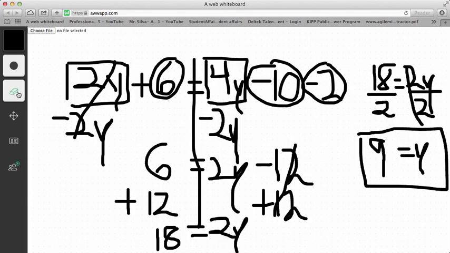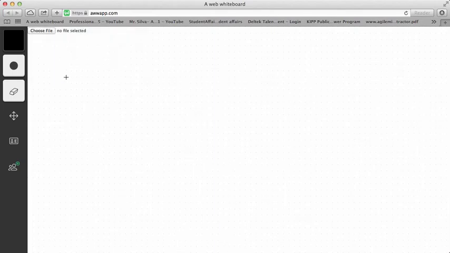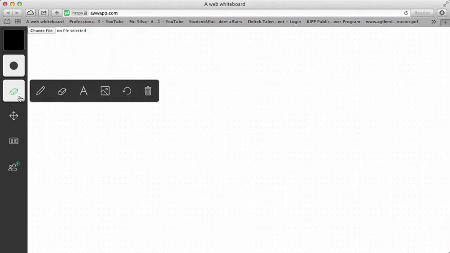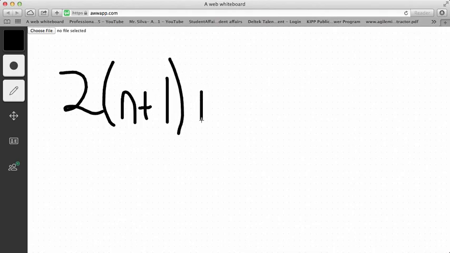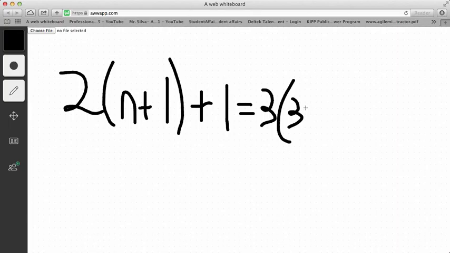So now what I want you all to do is write down this following equation. We have 2 times n plus 1, plus 1, is equal to 3 times 3n minus 6. And so what I want you all to do is perform the first step in